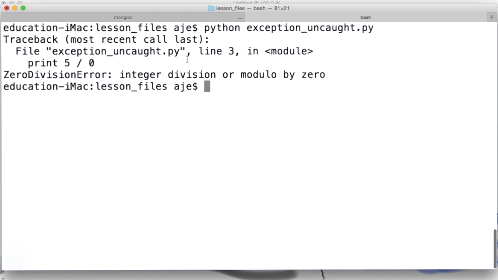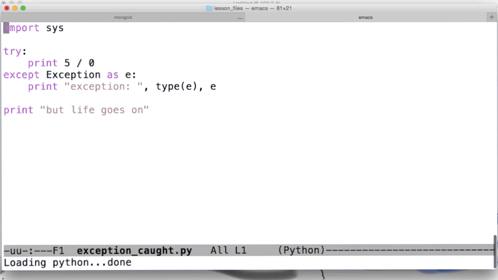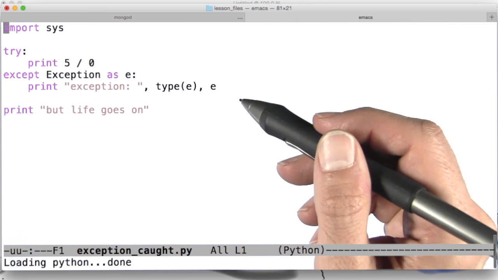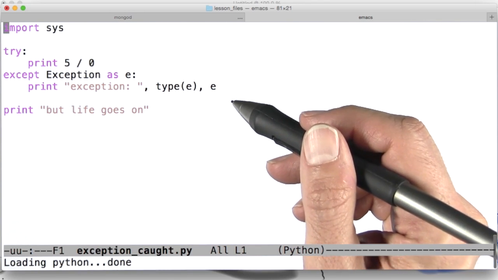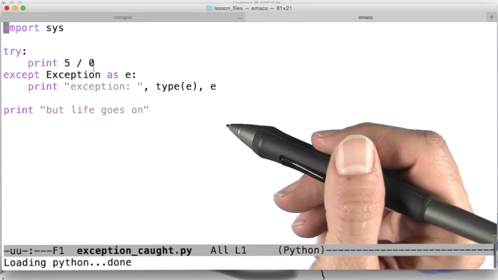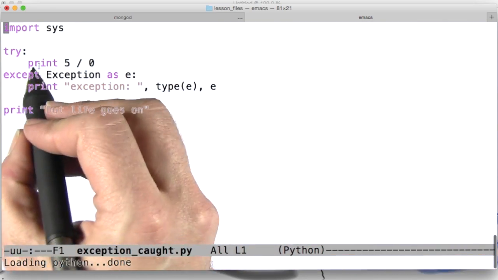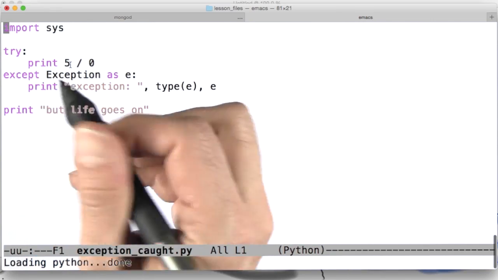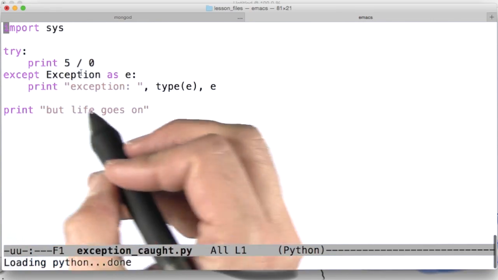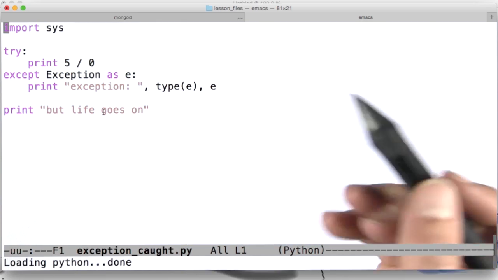What if I wanted to print "but life goes on"? How could I do that? I have another version of this program that will catch the exception that's raised by this division by 0 error that I've introduced into the program. So the program looks pretty much the same in terms of what it actually does, but you can see that the print of 5 divided by 0 is now in this new type of control block, and this is a